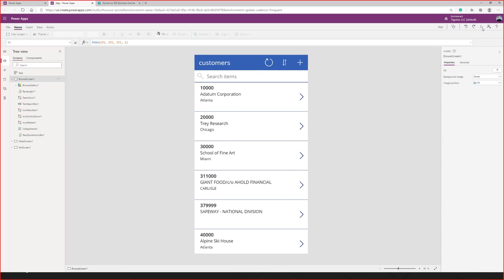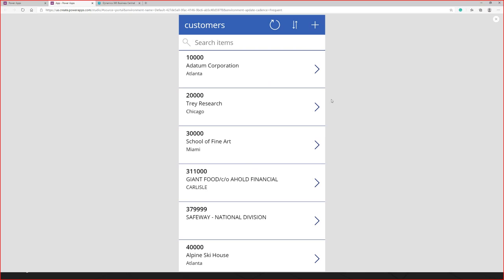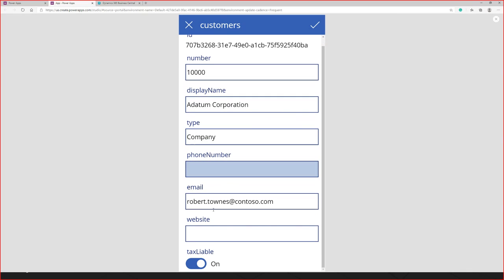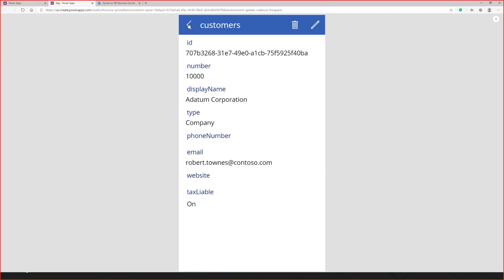If I just hit play right here and we want to look at the app, I can click on it. This is real-time data. I can go in here, we see that customer data. I think, oh hey, I want to edit that data. I can edit it, and this is live, real time. I'm doing everything right here. So it builds that shell for us.